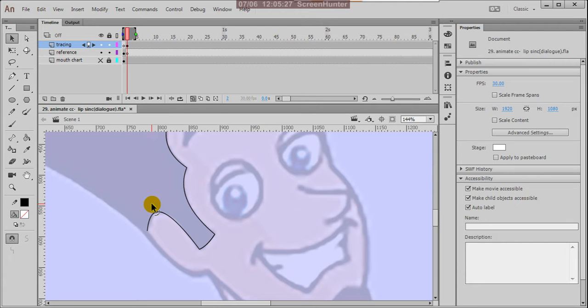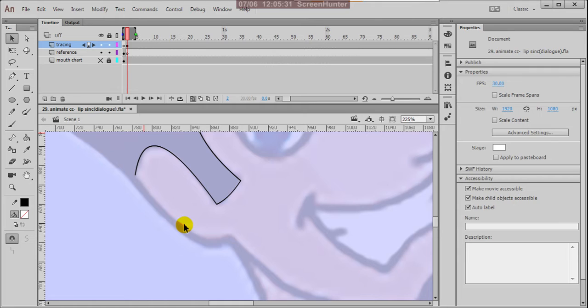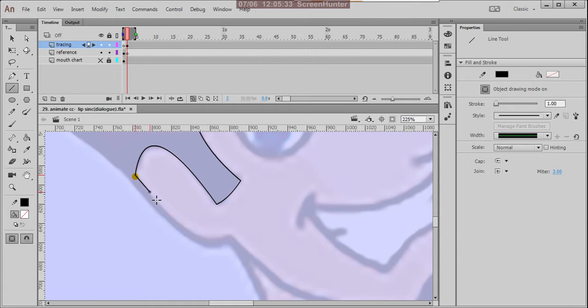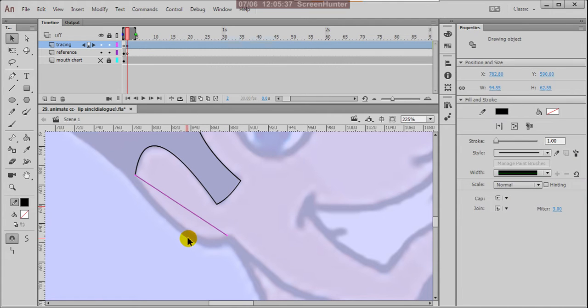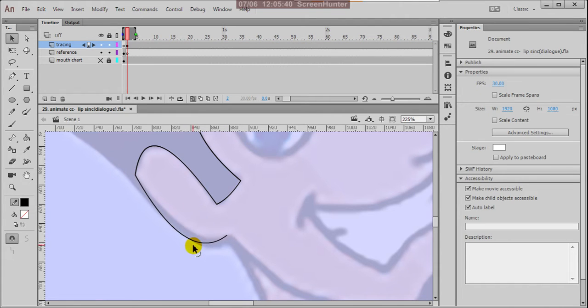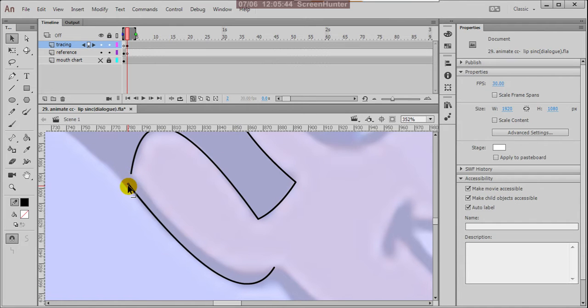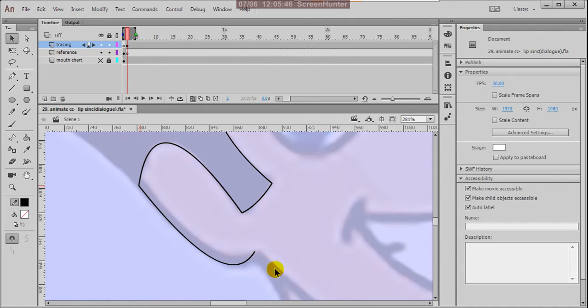Tracing is very important in animation, because the primary jobs, meaning the starting jobs in Flash animation, are tracing jobs, tracers.